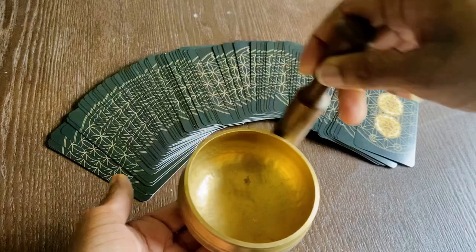Water, you can't really do that unless you spray in the air like a mist and then just wave your cards around in there. But the moon also represents water. So the moon and the sun fire, the moon water,